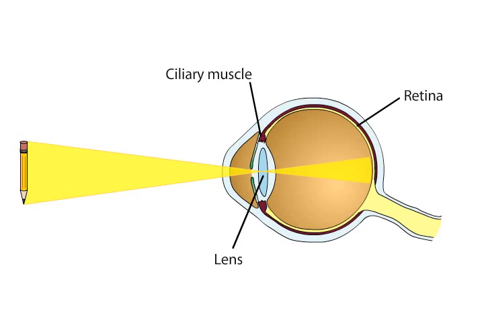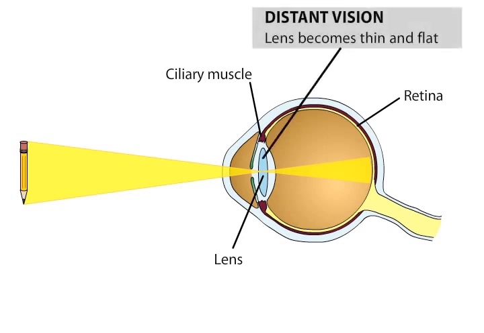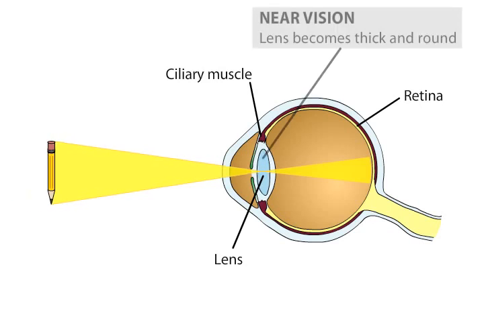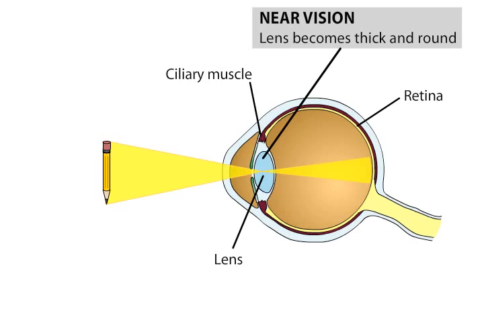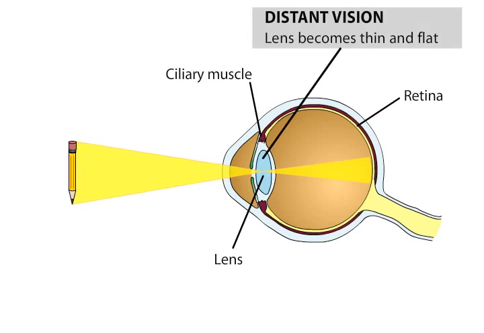When viewing distant objects, the lens is made relatively thin and flat and has the least refractive power. When focusing on a nearby object, the lens becomes thicker and rounder and has the most refractive power. These changes result from the activity of the ciliary muscles that surround the lens. Dynamic changes in the refractive power of the lens to form a sharp image on the retina are referred to